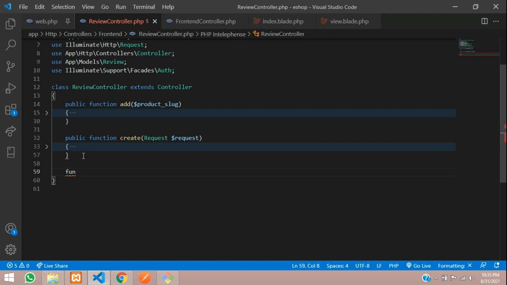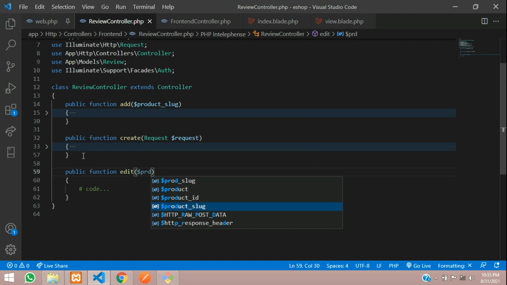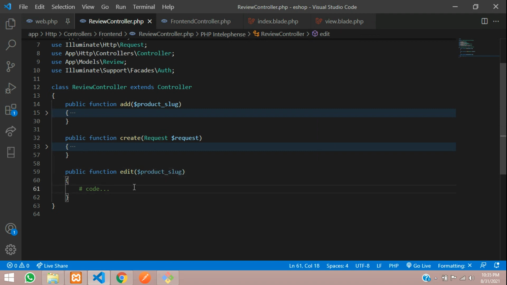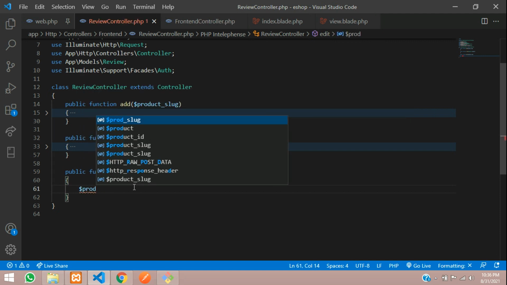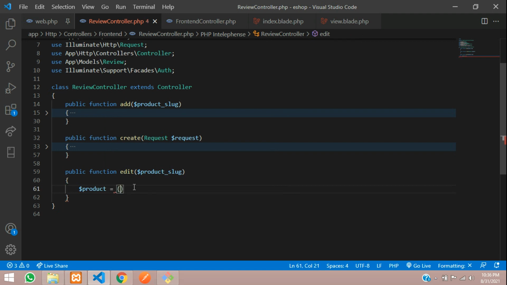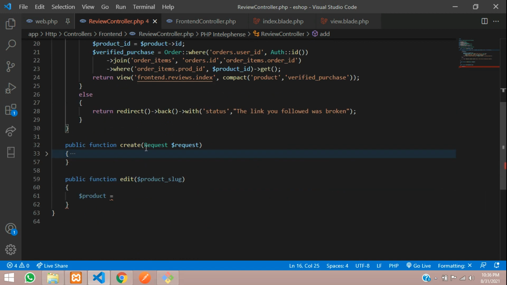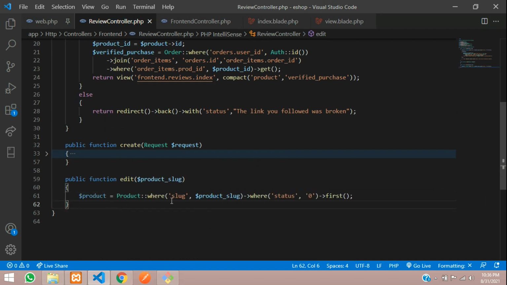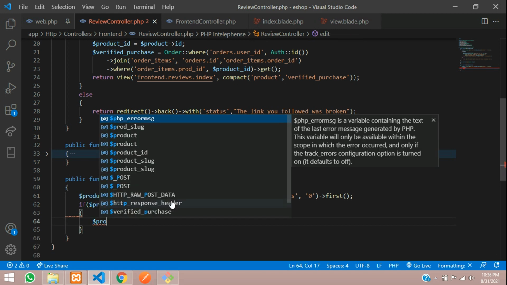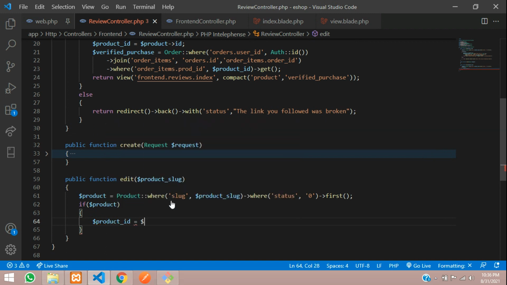say function edit, and here we will have the product slug. So as usual we will check if the product exists, say $product is equal to, I'll just take it from here, paste. So here we're going to say if $product, then we'll take the product ID, $product ID is equal to $product of ID,